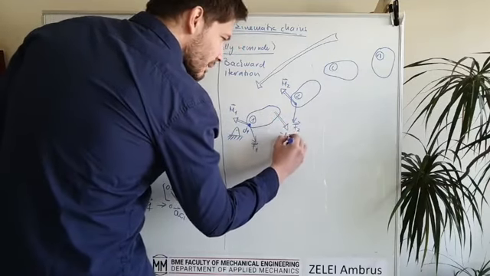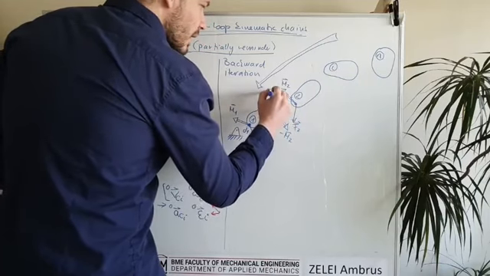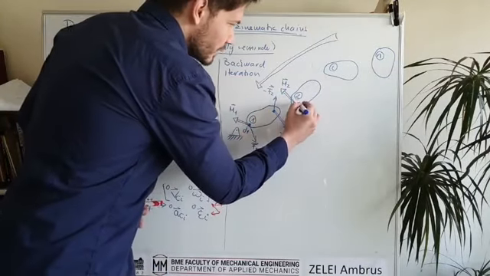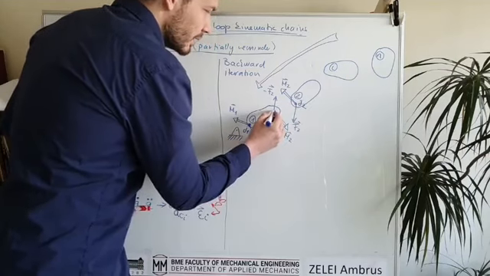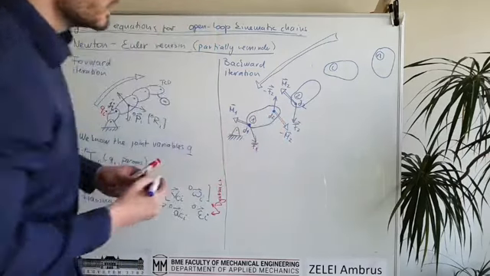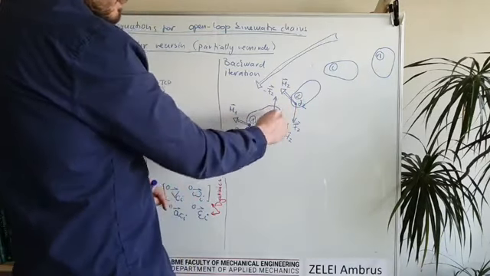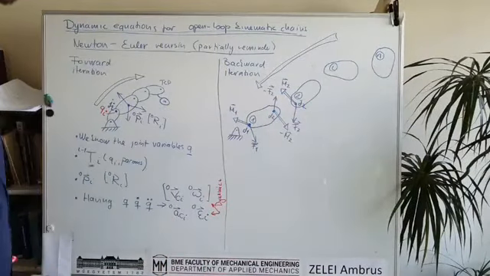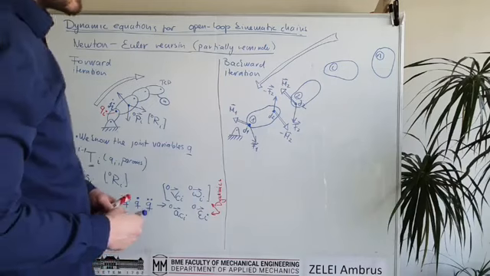So this is minus M2 here, and this is minus F2 here. Okay, so this is the idea, and this is, of course, joint number 2 here, and this is also joint number 2. So the neighboring forces are always known, and if I'm starting from here, I will be able to calculate the forces and torques, and of course at the same time there are some